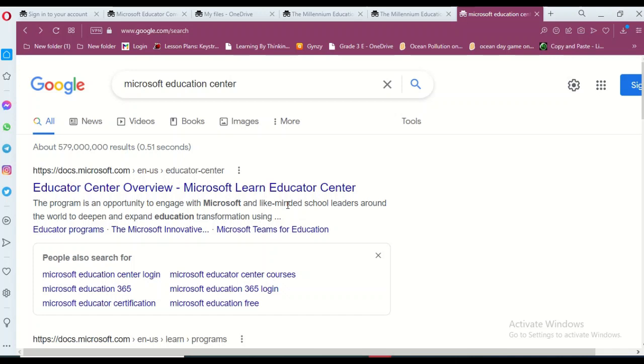Good afternoon everyone. Today I'm here to tell you how we are going to select ourselves as an MIE expert for 2022-23, as we all teachers need to grow and professionally groom ourselves. This is one of the ways in which we can use Microsoft as a platform for